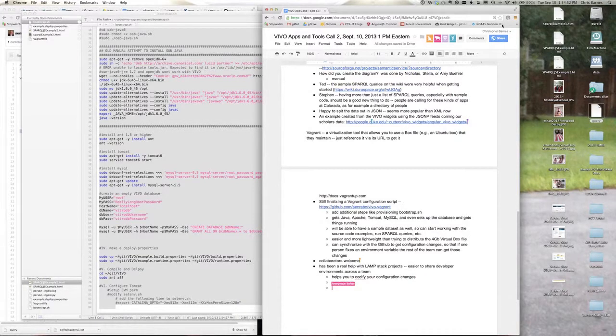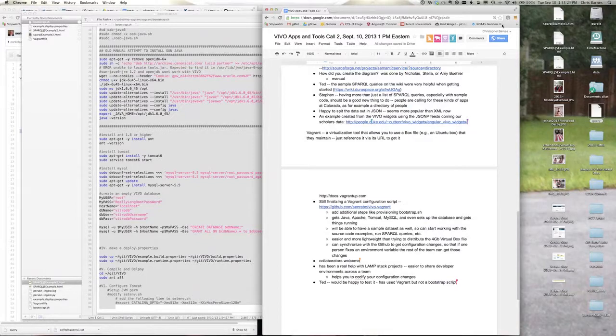I use Vagrant too, but I haven't created a bootstrap script like this. So if you want somebody to test this out when you think you have it ready, let me know and I'll be happy to do that. Fantastic, thank you. Yeah, same here. I've got Vagrant up and running, but if you need some help, I've got a half-completed one that's not nearly as close as yours is to being ready to go for Vivo.